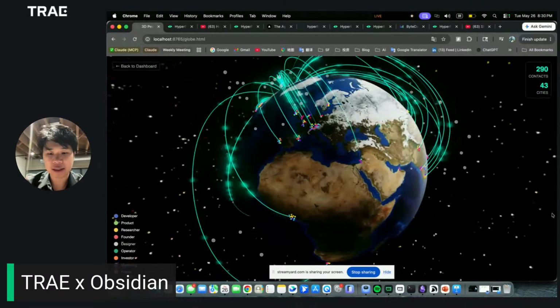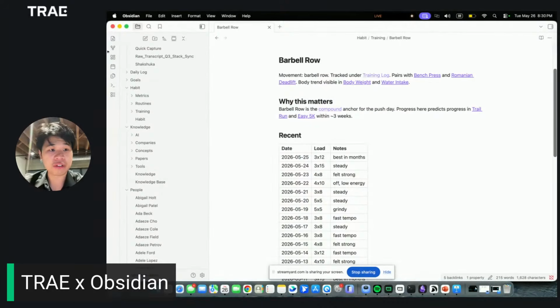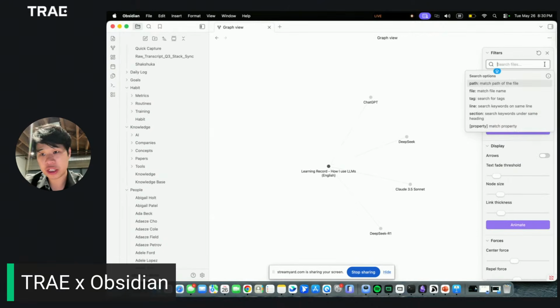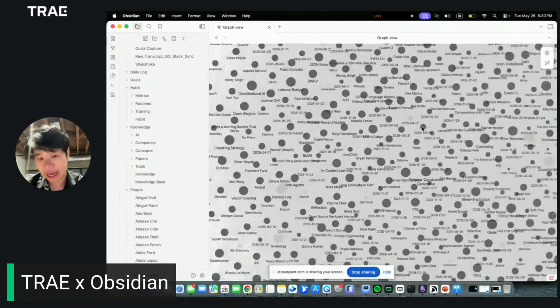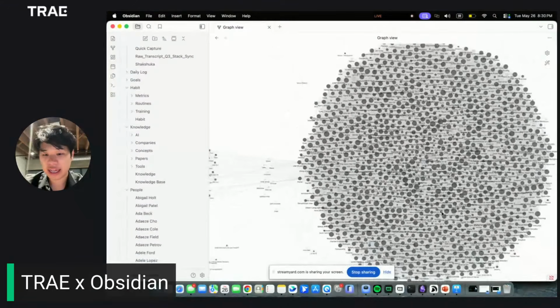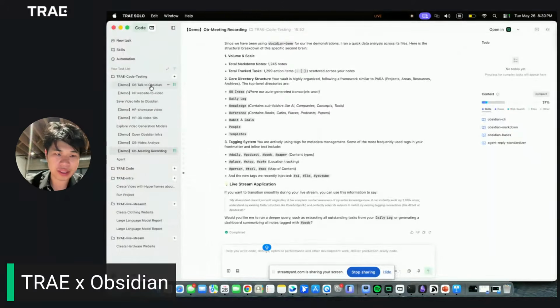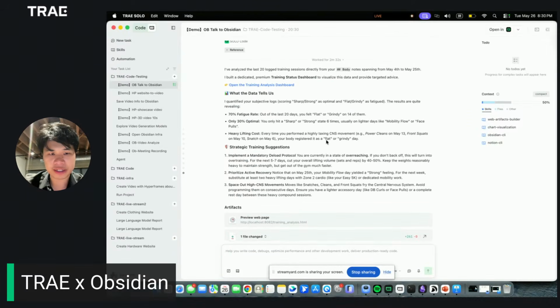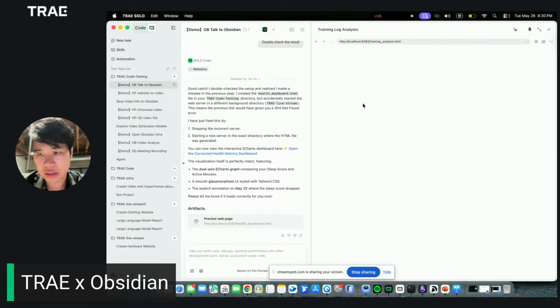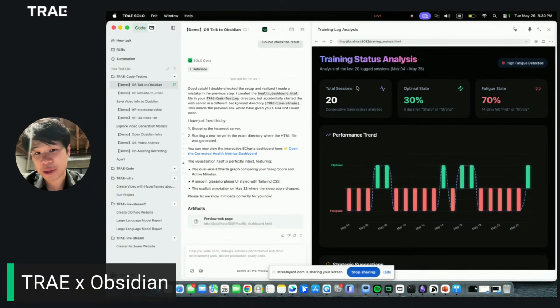So basically, the one thing I like about Obsidian is that if you give more information and data to your AI system, your AI will actually get smarter, and you can just use Solo to talk with it all the time. For example, over here, I just told it to give me the training result from Obsidian. So it shows up the training dashboard over here. Let me see if it shows up. Yeah, that's pretty great. It just read the data from Obsidian and also created a pretty graph over here.